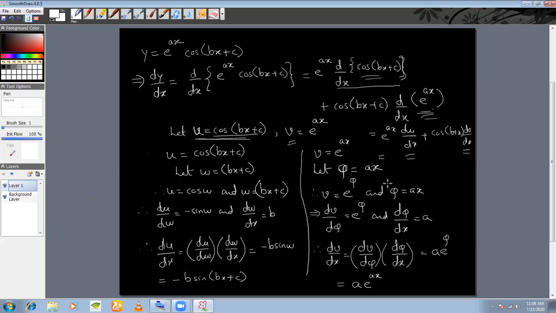But this becomes a little tedious by chain rules, I mean by making chains. So in such problems it is advisable that you do it directly. It becomes very much complicated, no? That's why I was saying, should I do it directly or not? Because when there are products of two functions, the problem is that for u and v you will have to make a separate chain. For u we will have to make a separate chain, for v we will have to make a separate chain. You understood?